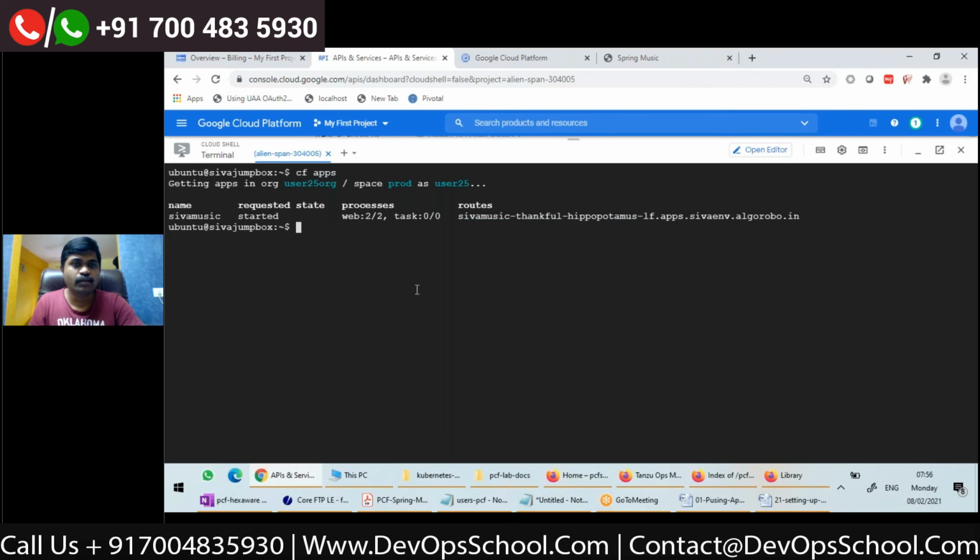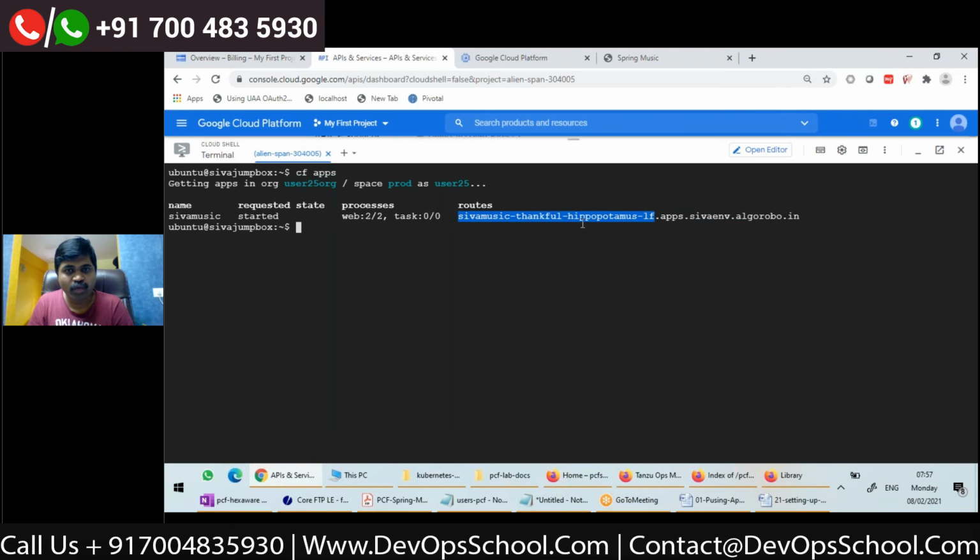What will happen if you try to push an app without a random route and that route is already used? You will get an error while pushing, because by default, this is the whole URL. See, this is the apps domain, and this we call the route.